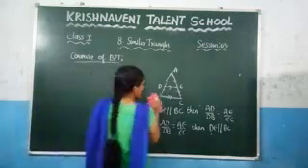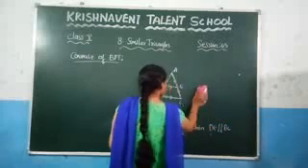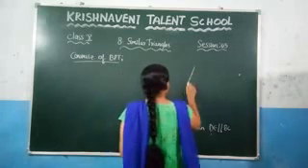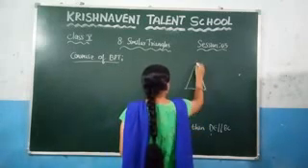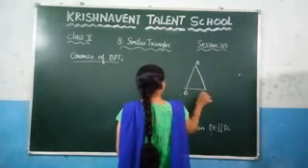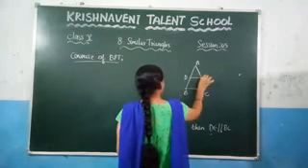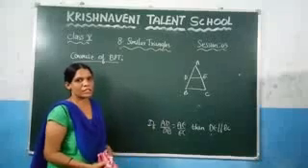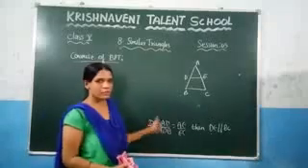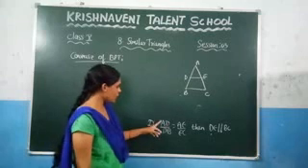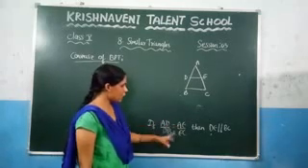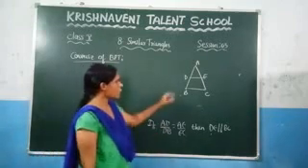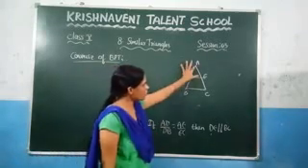So this one you can write in the form of a statement. How do you write this in the form of a statement? Let us draw one triangle, A, B, C, and here D, E. In the converse of the basic proportionality theorem, what is given? AD by DB is equal to AE by EC. This is given.